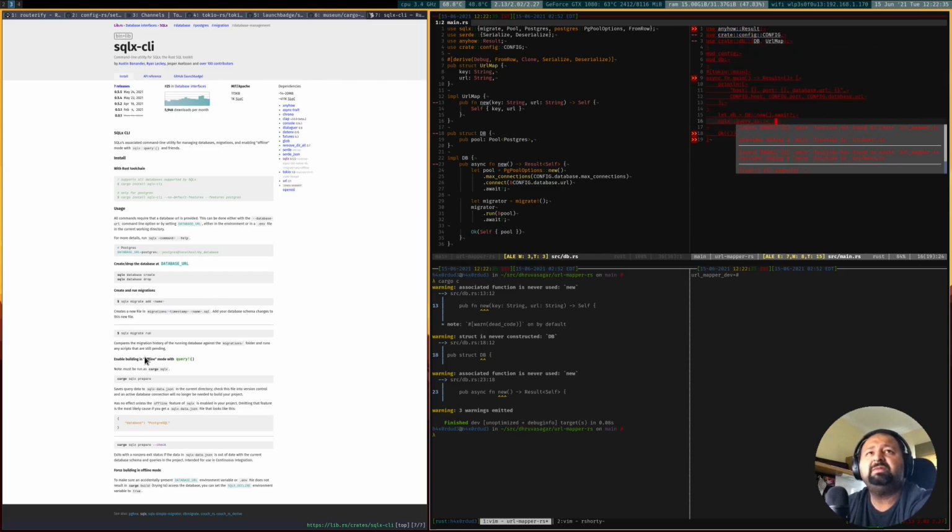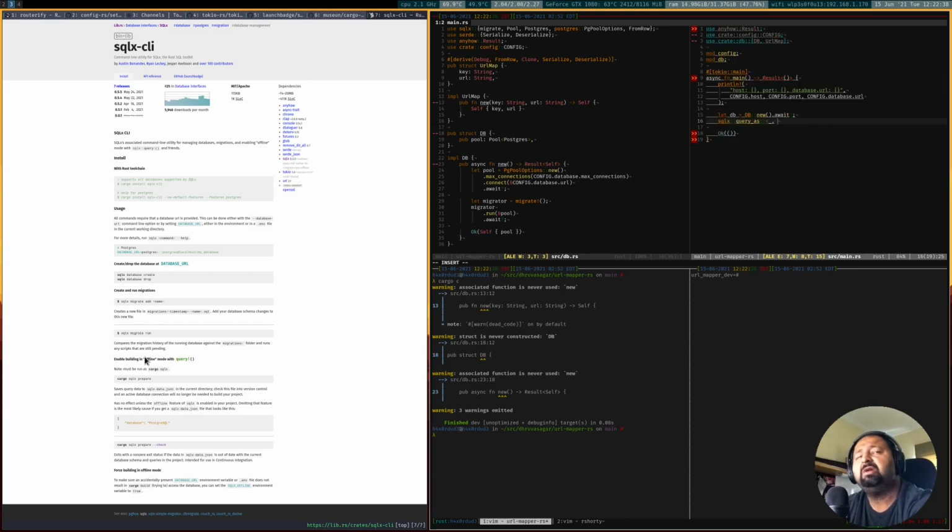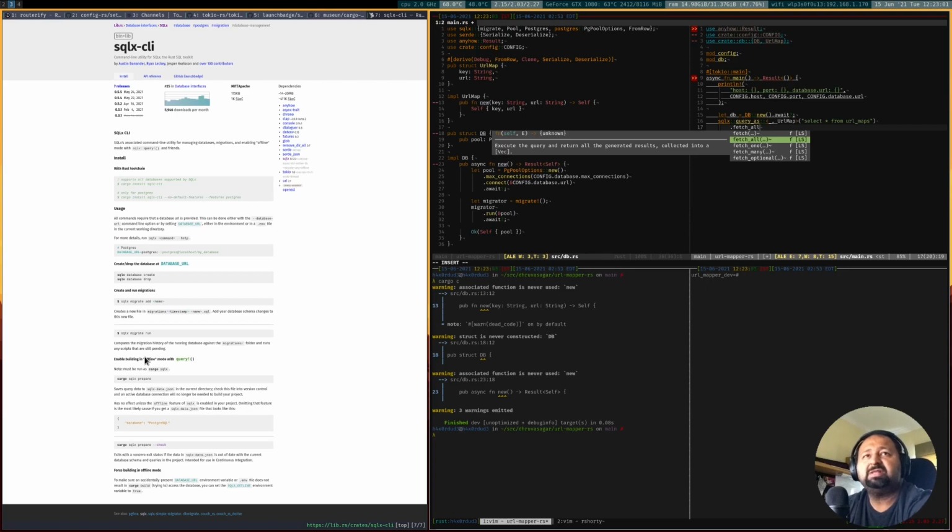So query_as basically allows you to execute a query and have it parsed as a type of your choosing. In my case, I know this is a URL map object, and so we are going to use that. So select star from url_maps. Let's just do this, right? And we then have to say fetch_all.